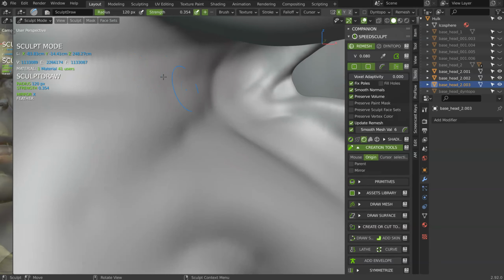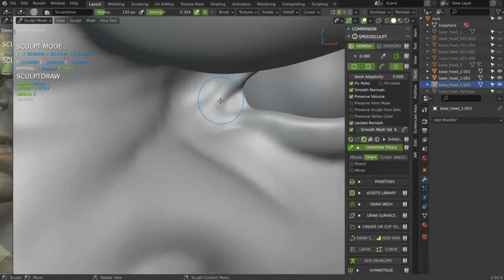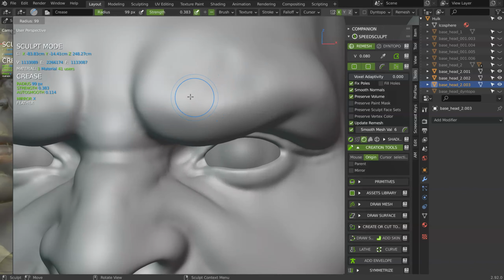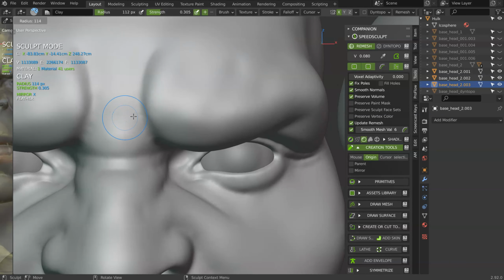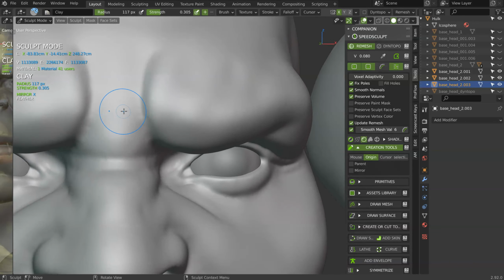And with this kind of wire, you can add your details. As you can see, Shift C. Let's move it a little.